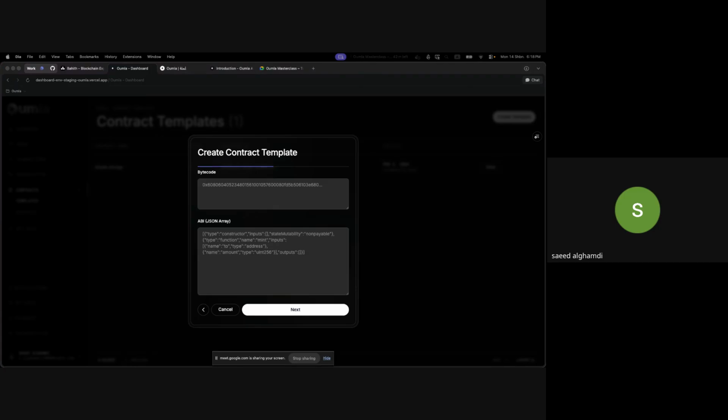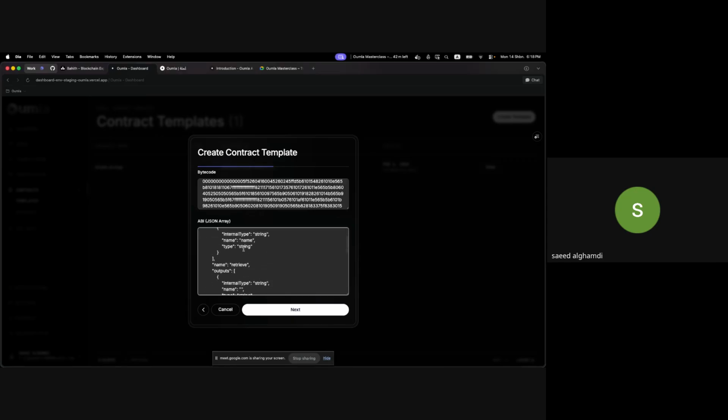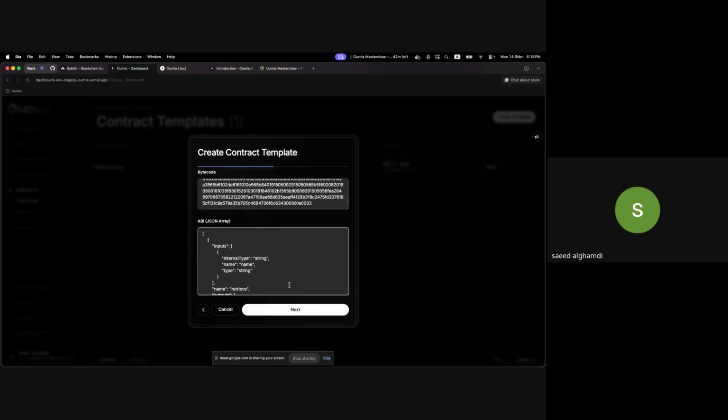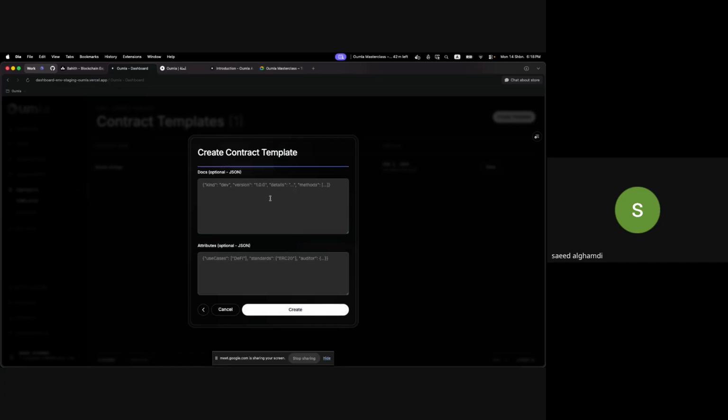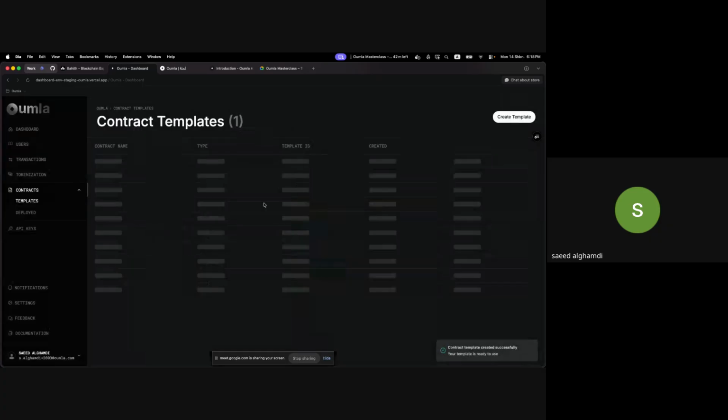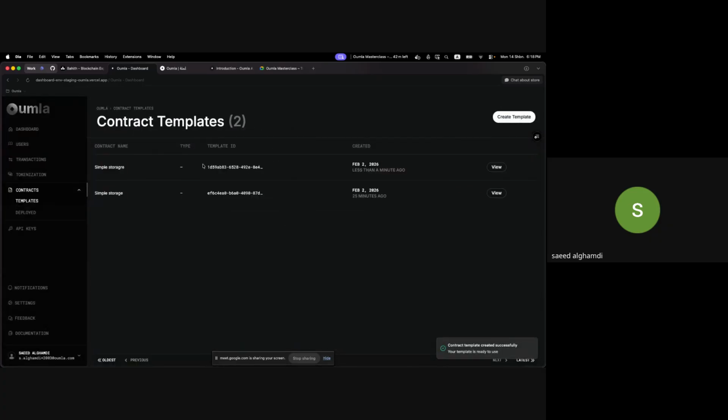I already did one, so let's put in the bytecode that we have and the API, which, as you see here, has a function retrieve and another function store. Then we can go next: description, source code, which is optional, docs, and attributes, also optional. Now we created the template, which is not deployed yet.